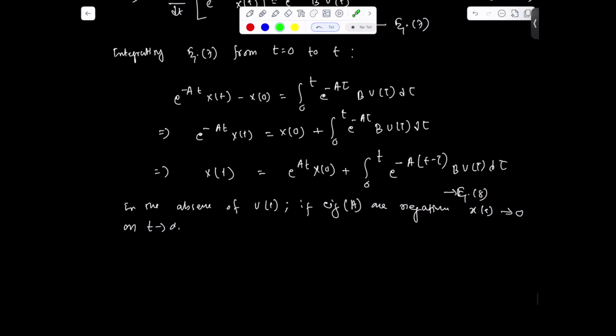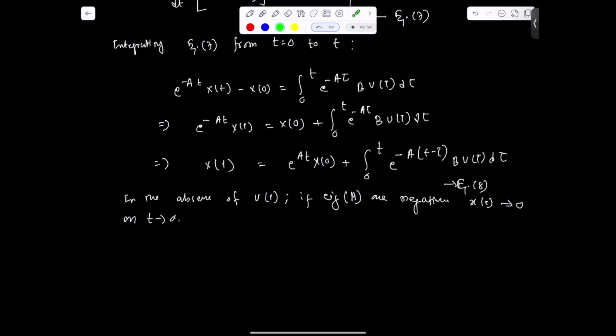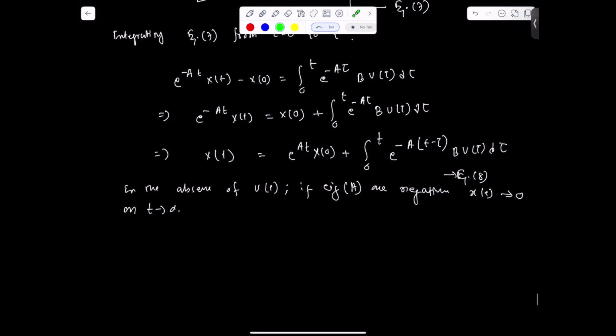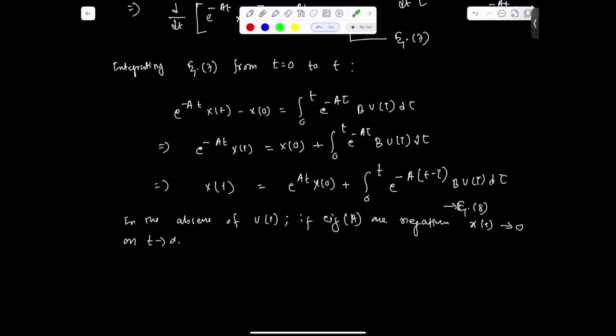So now, similar to the previous case, this is the term which is actually making the steady state system not track the desired values. So this is how we can find the solution of the state space system in the vector case, and we also have the solution for the scalar case as well.